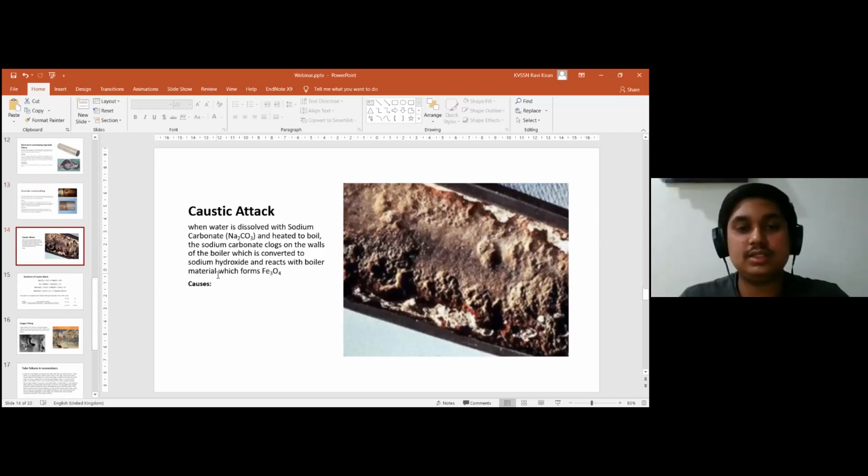Well, coming to caustic attack. Caustic attack is generally due to the dissolved sodium carbonates present in the boiler water, which flows into the boiler. After heating, it generally clogs the walls of the boilers. Sometimes the steam also carries these elements throughout the tubes, which also clogs and creates a layer of sodium carbonate on the walls,